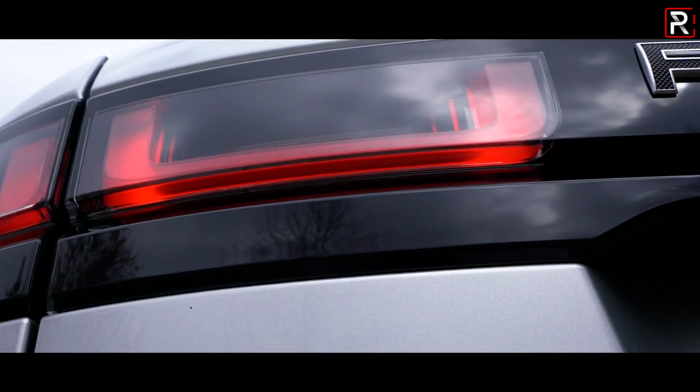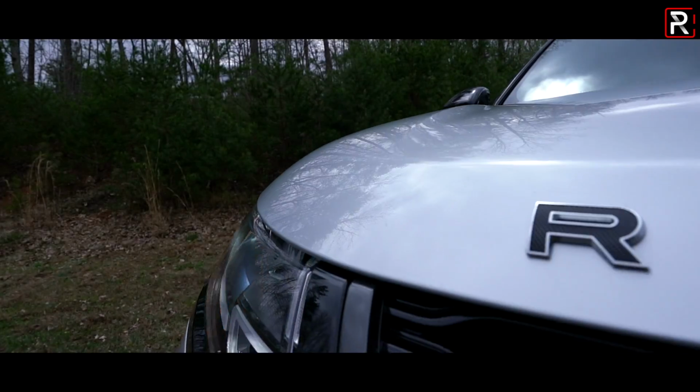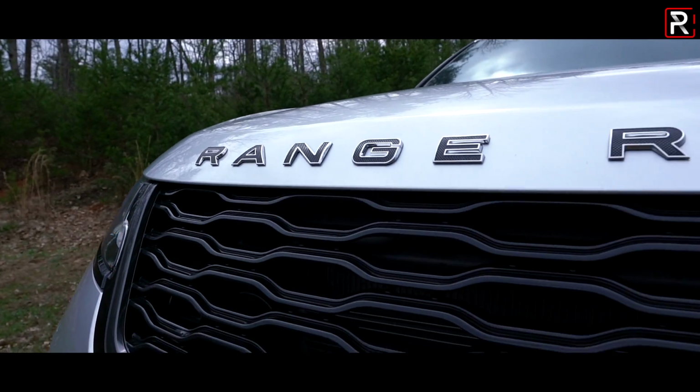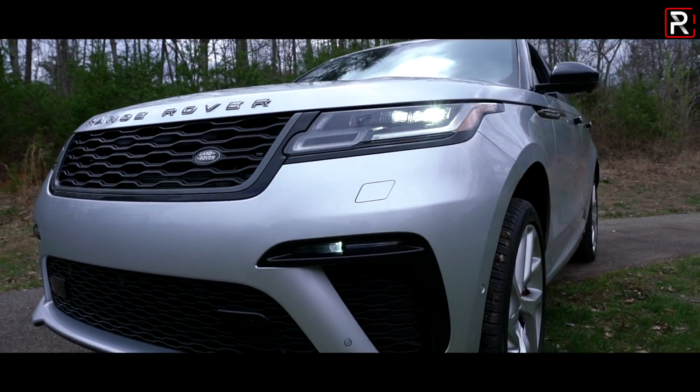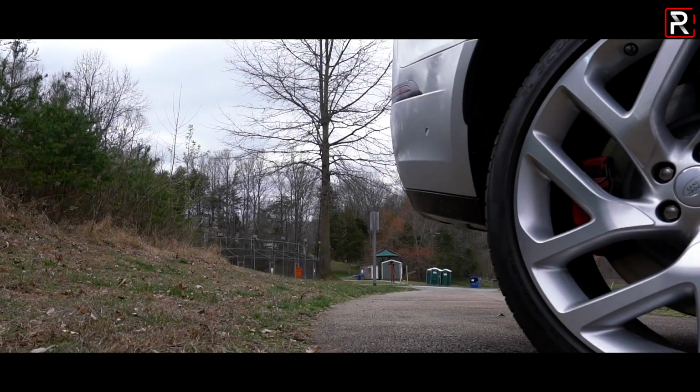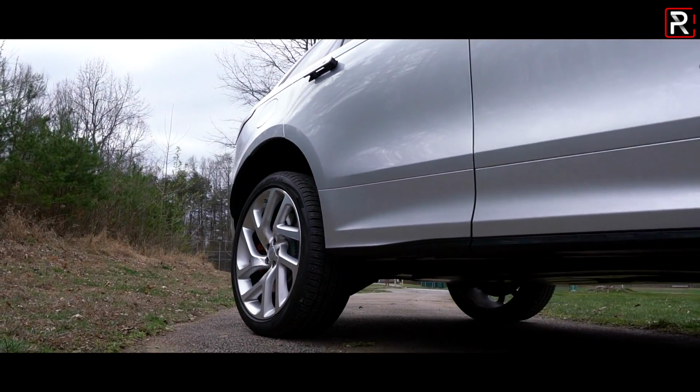So regardless of its silly name, the Range Rover Velar is the newest member of the family, and it slots right below the Range Rover Sport, which is the best-selling Land Rover in America at about 25,000 units sold every year. Now, to make the Velar, Land Rover essentially took the same platform that underpins the Jaguar F-Pace,